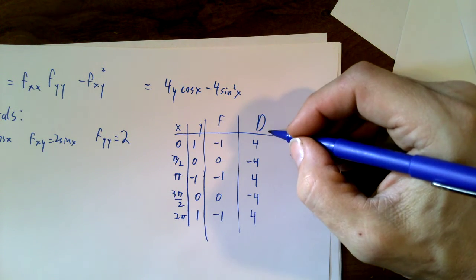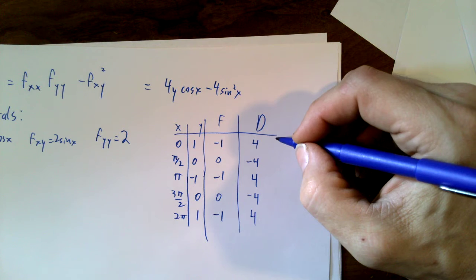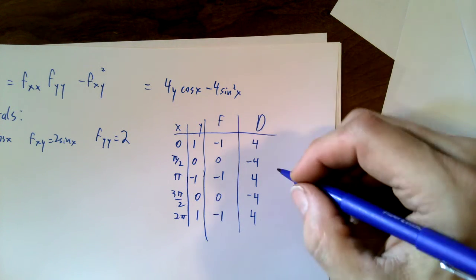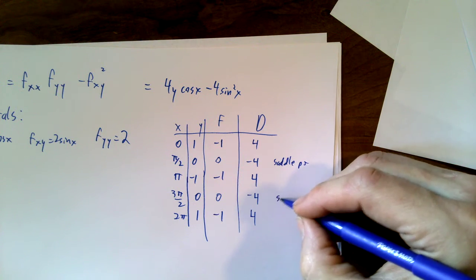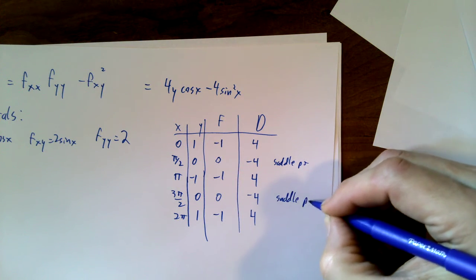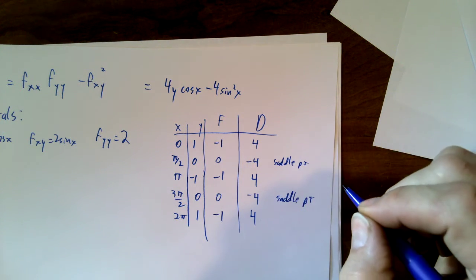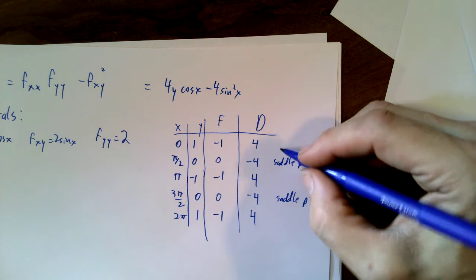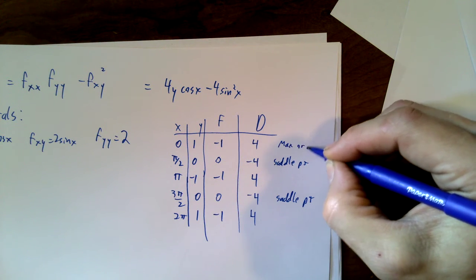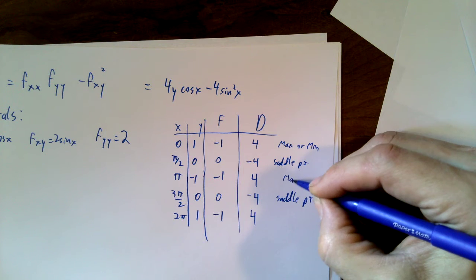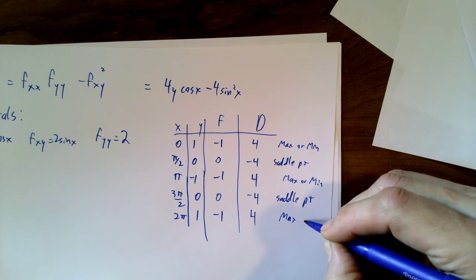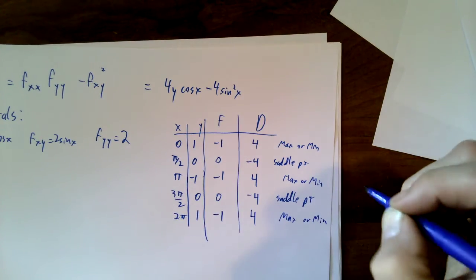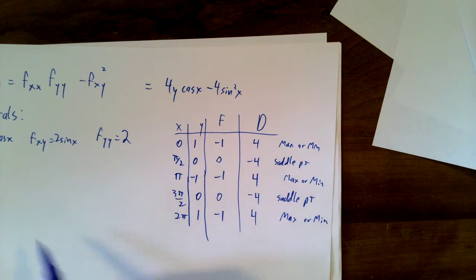When D is positive, that means it could be a max or a min. When D is negative, that's definitely a saddle point. So these are already conclusive. These I need to know a little bit more about. These are max or min. And in order to tell that, the quick way to tell that is just look at concavity along just in the x direction. So go back to what